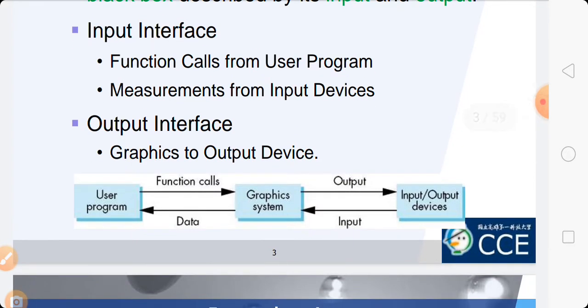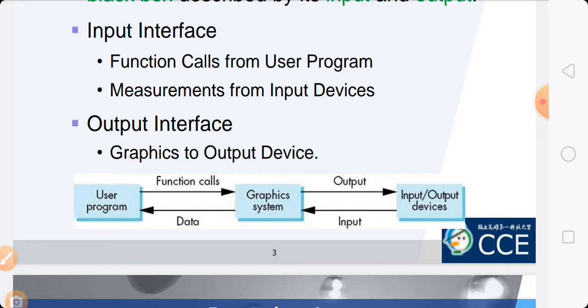Then the output interface, graphics to output device. This is an example. This is a figure which shows you the interface of graphics to output device. So this is the user program, graphics system, and input output device. The user program provides the function calls to the graphics system, and the graphics system converts them into output for the input or output devices, and the output device gives output back to the graphics system, which then converts it into the form of data for the user program.